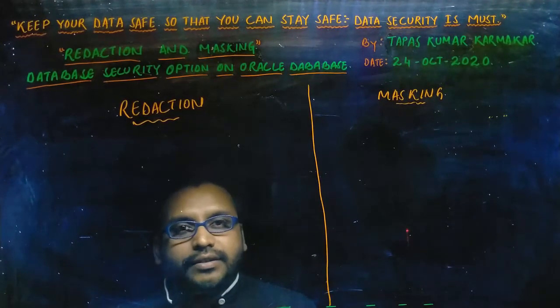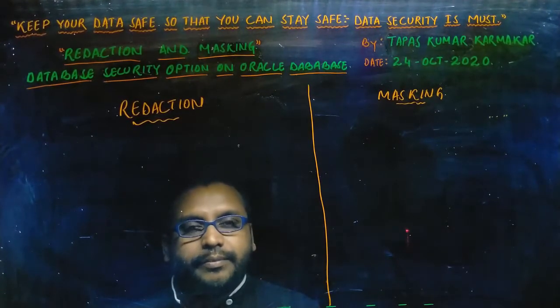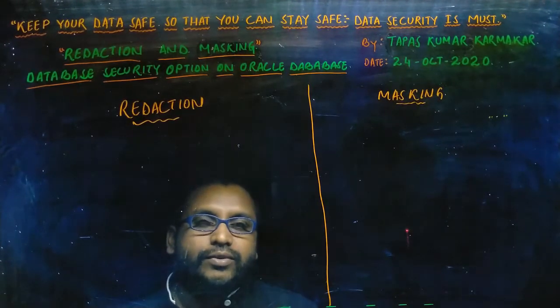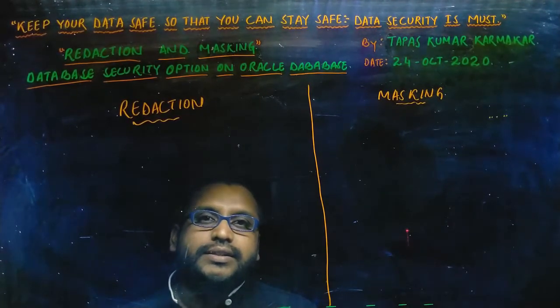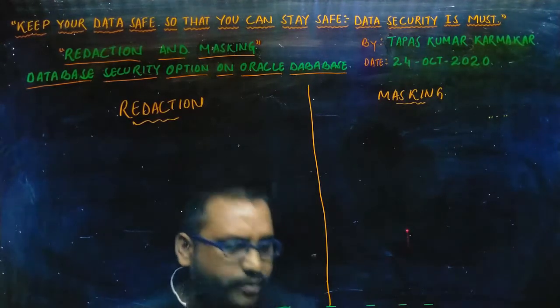What is database redaction? Database redaction is a product in the Oracle database that redacts the data present in the database for the different users who are accessing the same data in the database. Say for example,